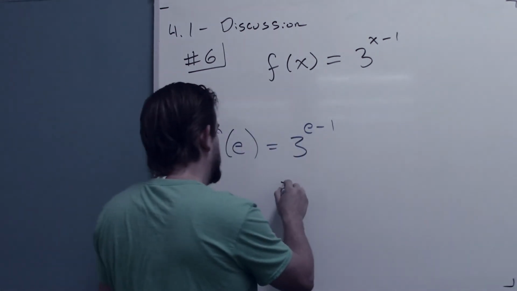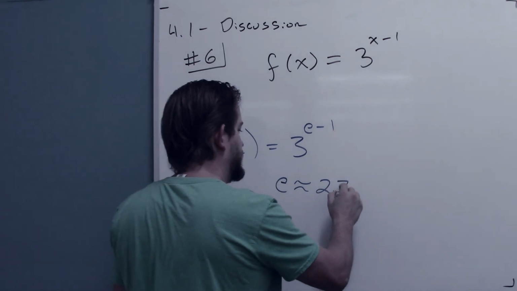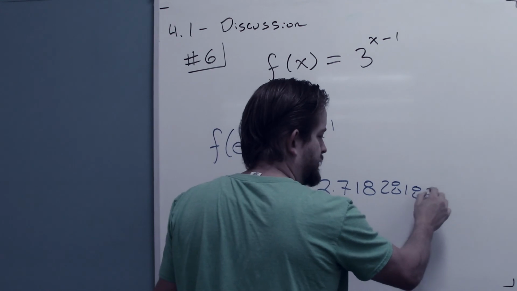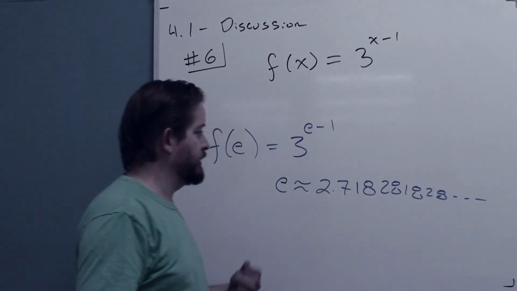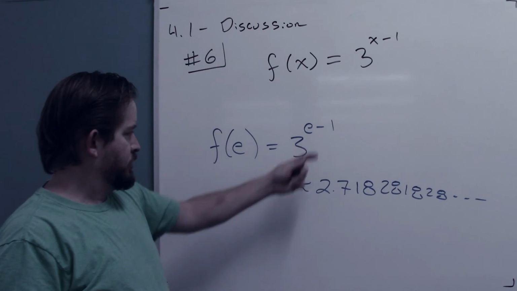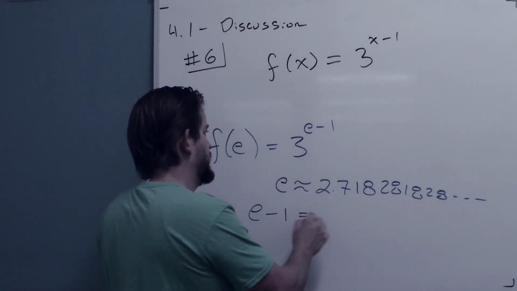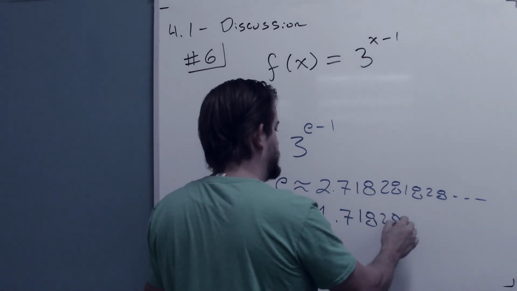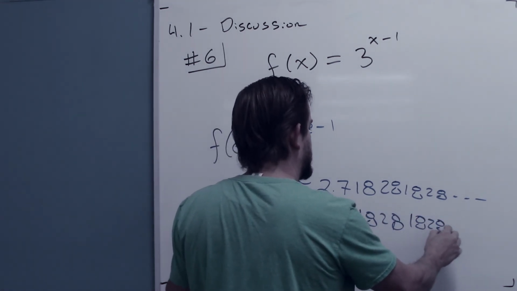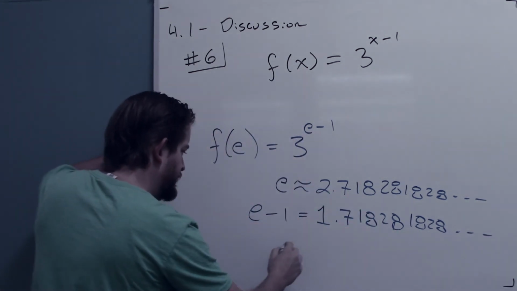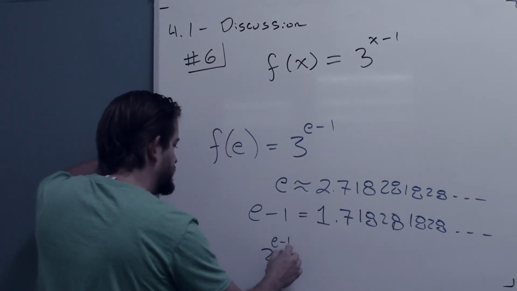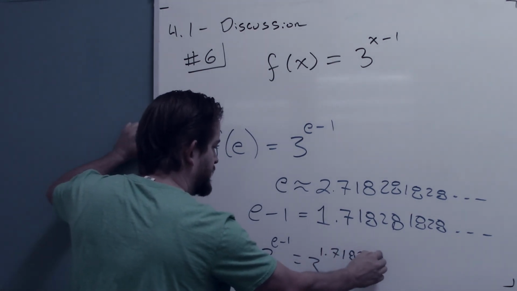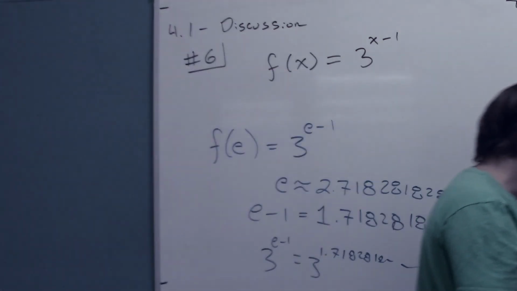So know this, e is about 2.718281828, and it goes on forever and never repeats. Take away the 1 from that, e minus 1 is 1.71828128, and so on forever, right? And so 3 raised to that, 3 raised to the e minus 1, is 3 raised to the 1.71828118, and so on. And so then I have